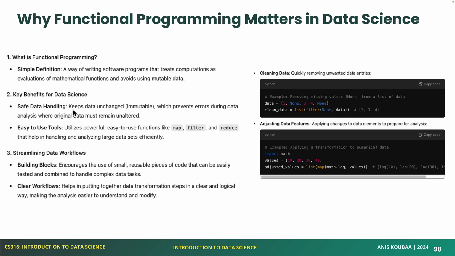And this has some benefits. To make the original data safe, it means unchanged. So any change for the data requires creating a new copy of that data. This is one of the concepts that we try to follow in software engineering, for the safety of data handling, the concept of data immutability. And it also provides easy-to-use tools like map, filter, and reduce, which we are going to introduce at the end